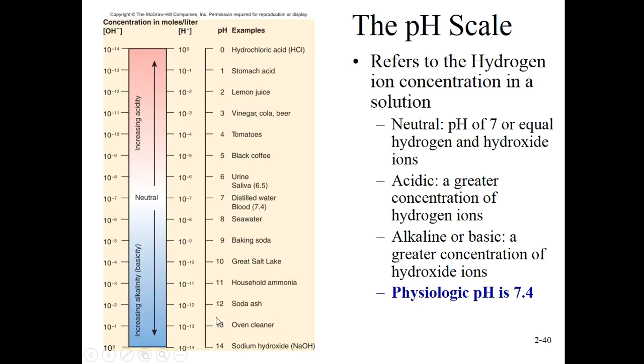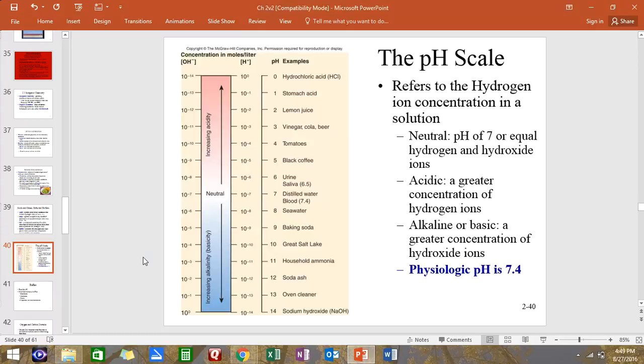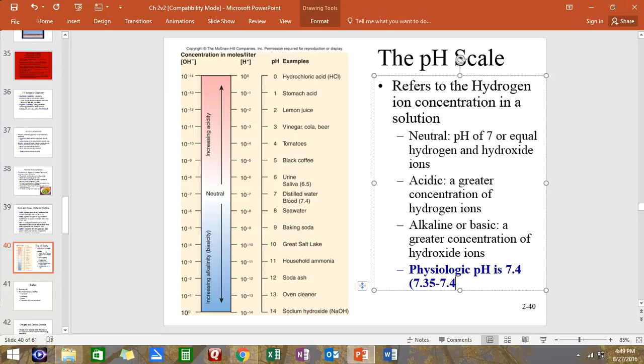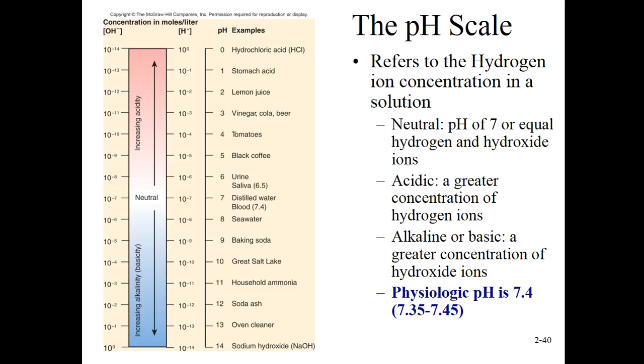On a 14-point logarithmic scale, our physiological range is 7.35 to 7.45. I'm just going to add that to the slide right here while we talk about it. So the mean, of course, being 7.4. That's what you see in this slide, 7.4. But it's really sort of a dynamic range. If we're working out or we consume very alkaline foods, it might fluctuate a little bit, but we consider this